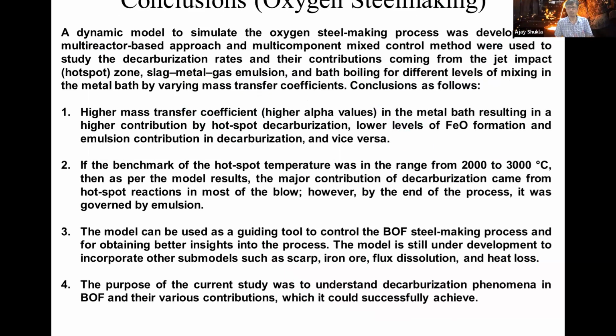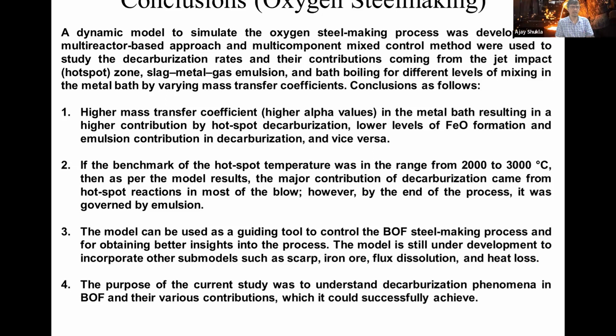So the conclusion is that a dynamic model was developed to simulate the oxygen steelmaking process based upon a multi-reactor approach, and a multi-component mixed transport control method was used to study the decarbonization rates and their contributions coming from jet impact zones, slag metal emulsion, and bath boiling for different levels of mixing. What we found is that a higher mass transfer coefficient in the metal bath results in higher contribution by hot spot decarbonization, lowering the levels of FeO formation, and lesser emulsion contribution to decarbonization, and vice versa. The benchmark of the hot spot temperature was in the range of 2000 to 3000